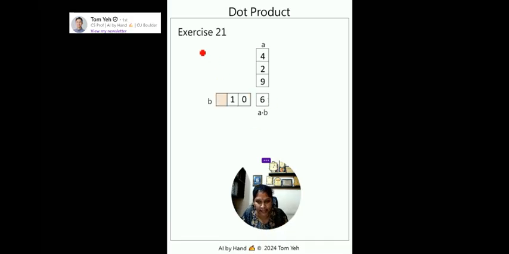This is exercise 21 taken from the book AI by Hand by Professor Tom. And kindly just observe, dear friends, here we have the vector A with the values 4, 2, 9. And of course the vector B, we have only two values. The first one is missing and the other two values are 1 and 0.